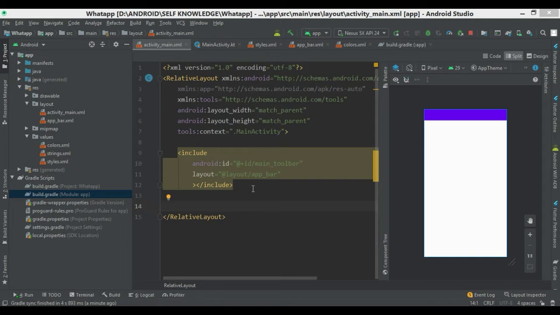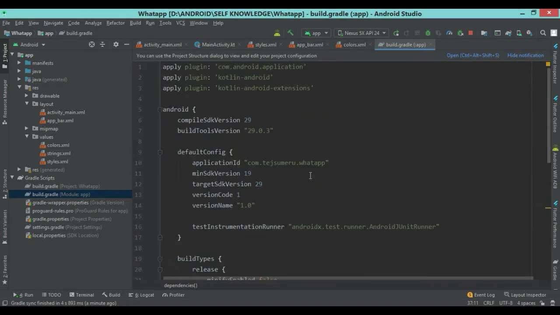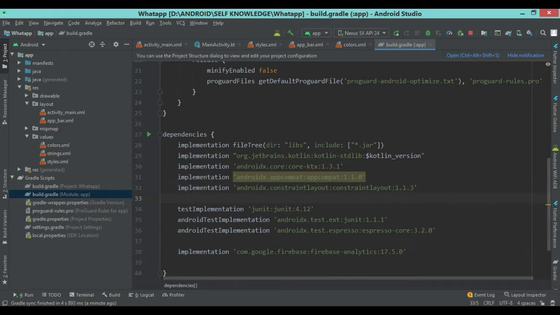So first of all, you need one dependency to add in the build.gradle app level module. Here, I'm using SDK version 29, so I can use the material library, which is this. I am providing this dependency in the link in the description. If you are not finding this, then you can also do one thing.